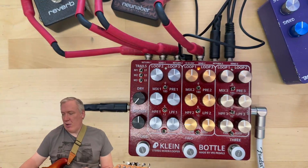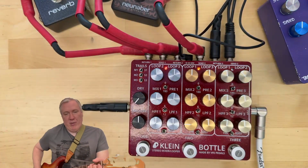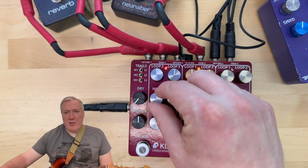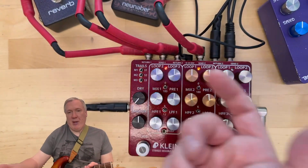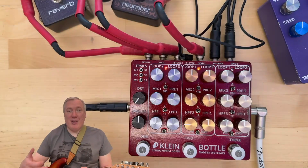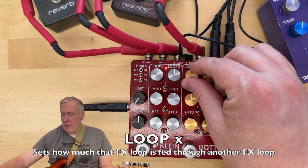I have to turn, there's two things that I have to do. I either have to turn on the other effects. So here, let me turn this on. This is the reverb. And if I turn the reverb knob's mix down, now the only reverb you hear is what's being fed back into the system. So it's a reverb on the delay. Okay? And as I increase the amount of feedback back into the system here between these two,